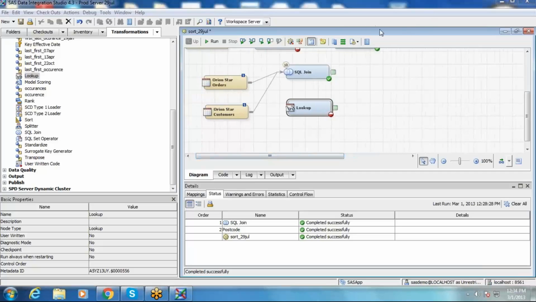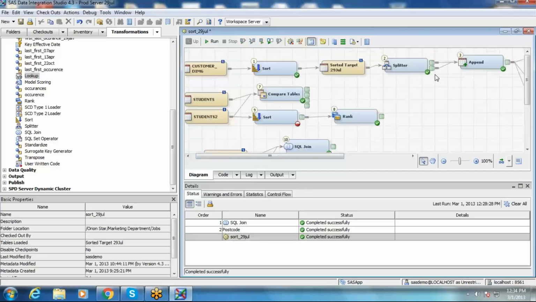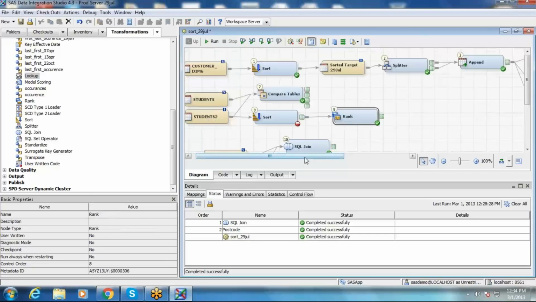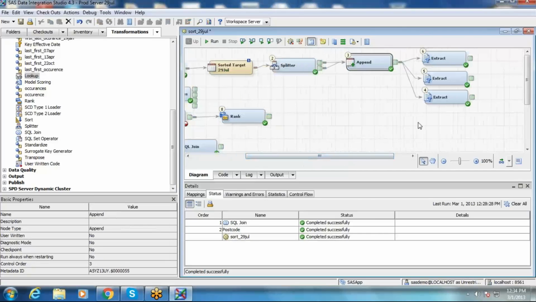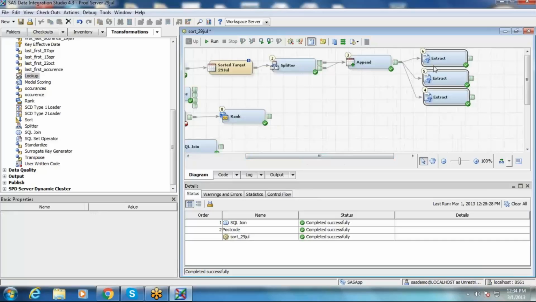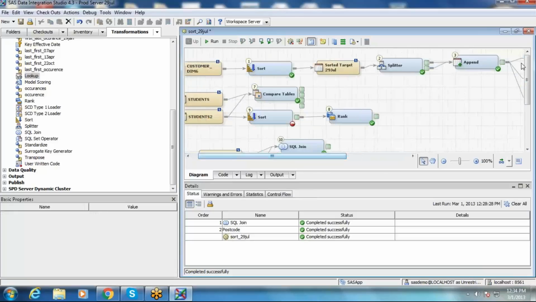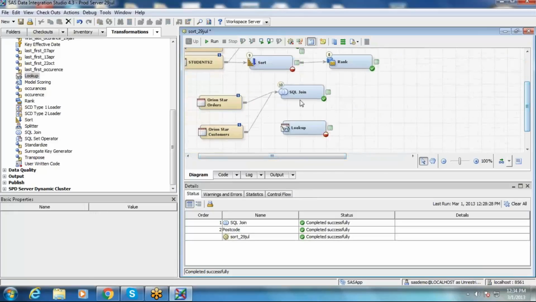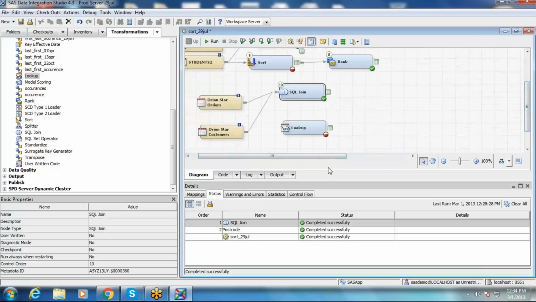Yeah, that's fine. Okay, so we covered a couple of transformations. Here you see compare, rank, appending, a couple of uses of the extract transformation. Now we went ahead with SQL join transformation to join two or more tables, and we are about to see lookup transformation.